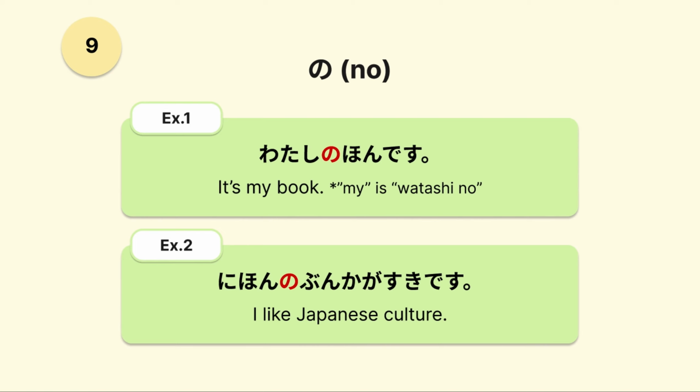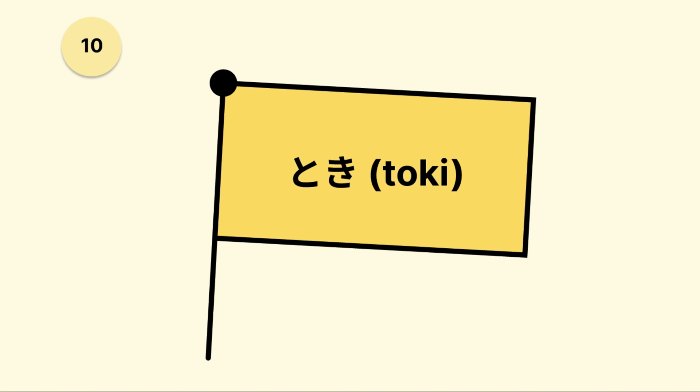My plus noun should be 私の something. Example 2. 日本の文化が好きです。I like Japanese culture. Here, we want to explain what kind of culture it is, which is 日本の文化が好きです。